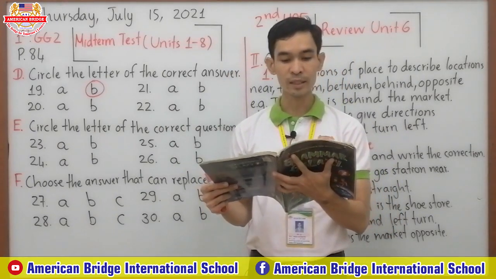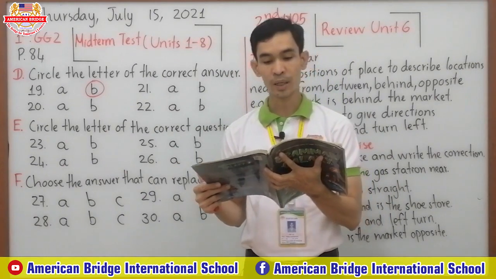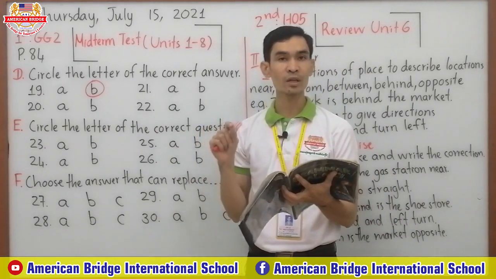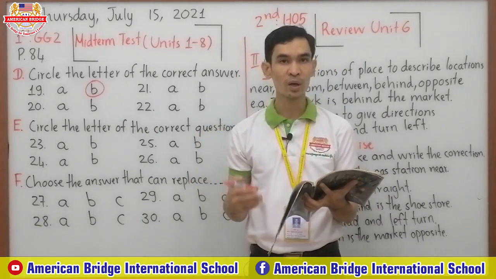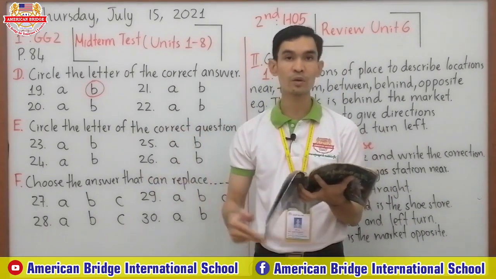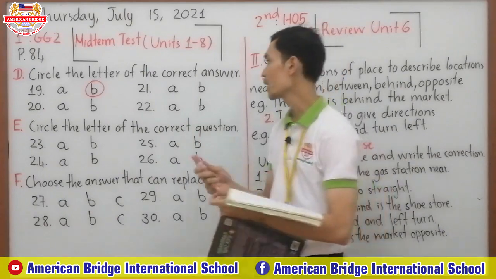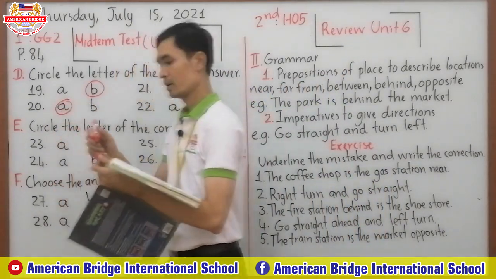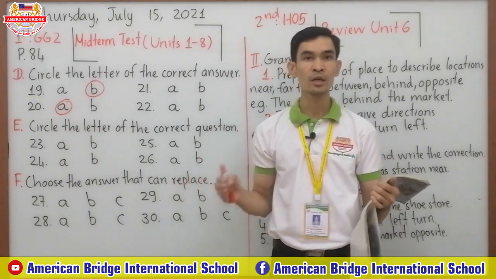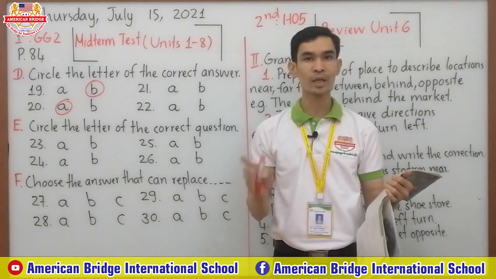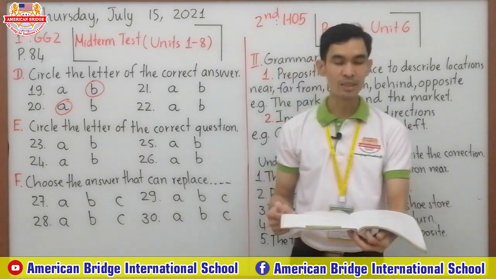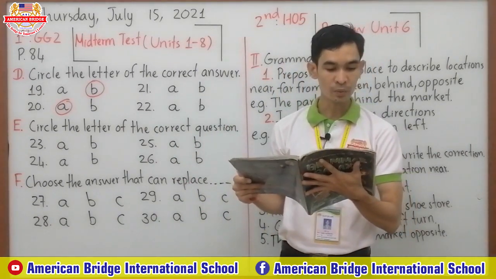Do you play the violin? A. No, I don't. B. No, I'm not. So the question starts with do, right? So you answer with do too. But if you answer no, don't, okay? No, I don't. So the correct answer, it must be letter A. If the question starts with does she play the violin? No, she doesn't. You cannot say no, she isn't, okay? No, she doesn't. Okay, so now let's continue to number 21.